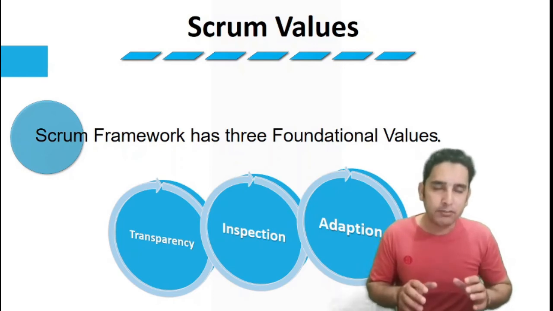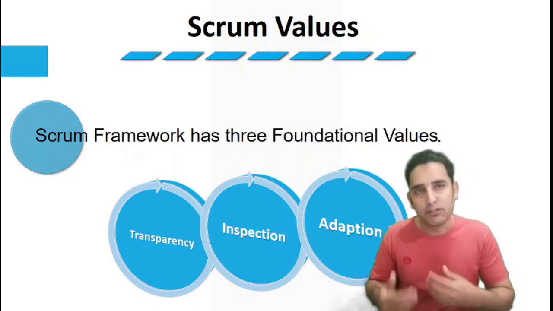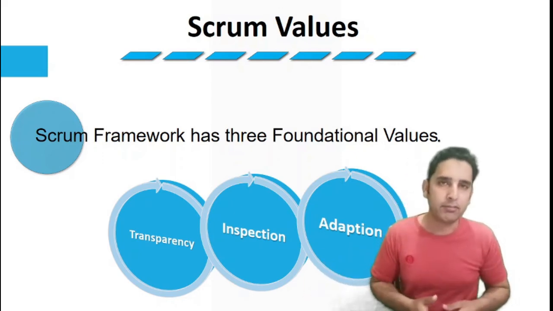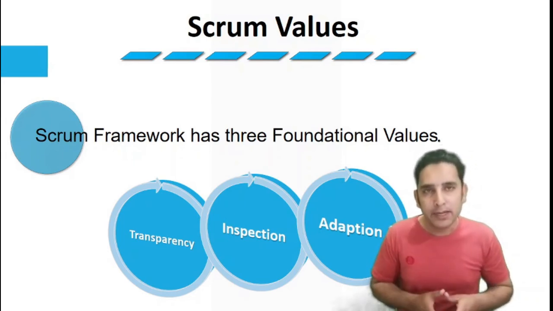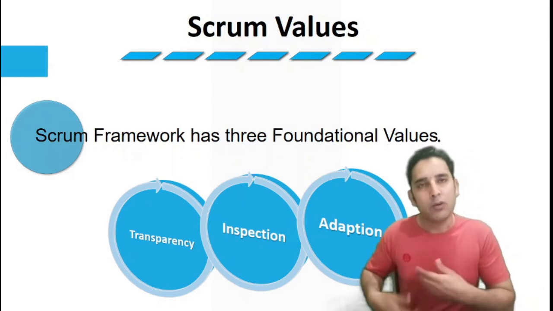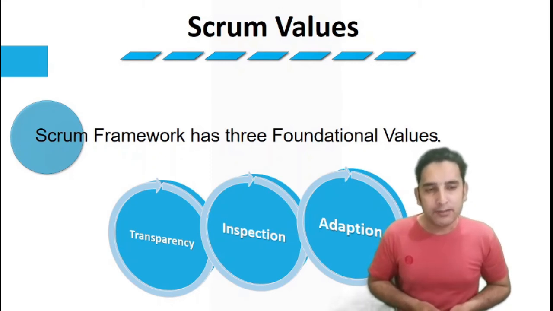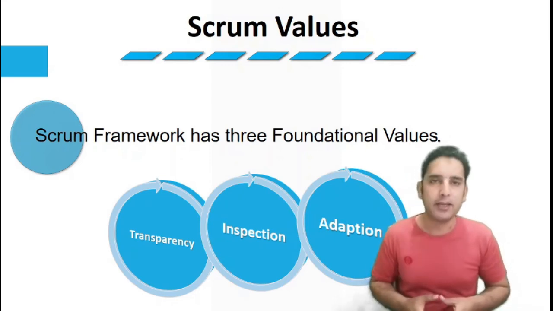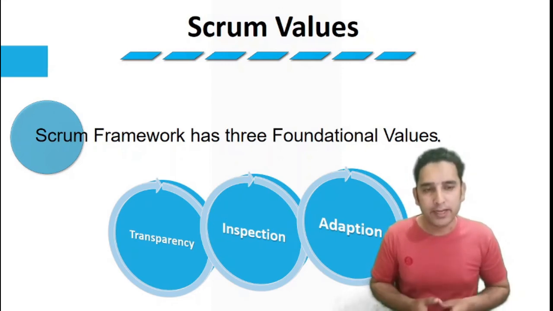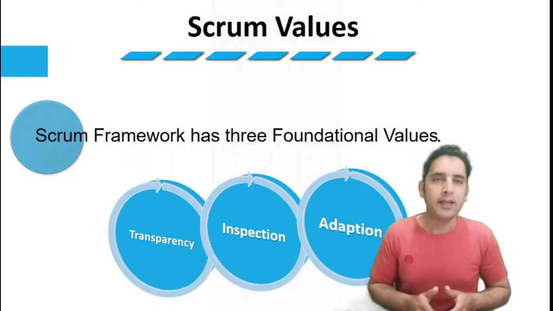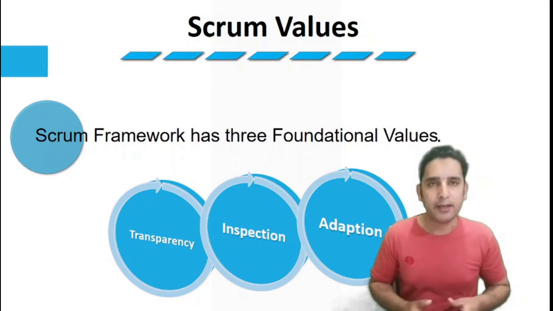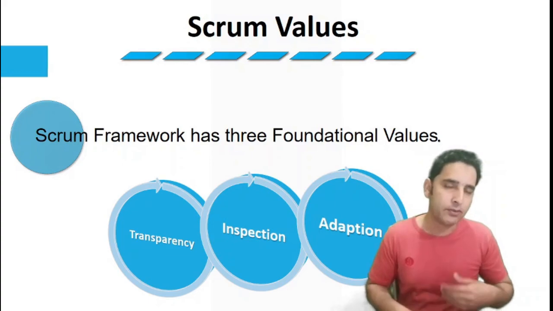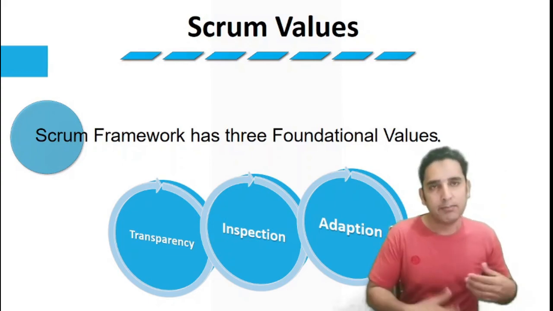And then inspection means that the customer is inspecting the product against the original requirements. That's the inspection. And once the inspection is made, either acceptance or denial will follow. And then adaptation means that you are going to make adaptations to the Scrum process. Are there any bad trends? Are there any variances with the product you have created? Are there any processes you have not adopted while creating the product? Does your product have any defects? If there are any defects, then you definitely need to adapt and make the appropriate changes.